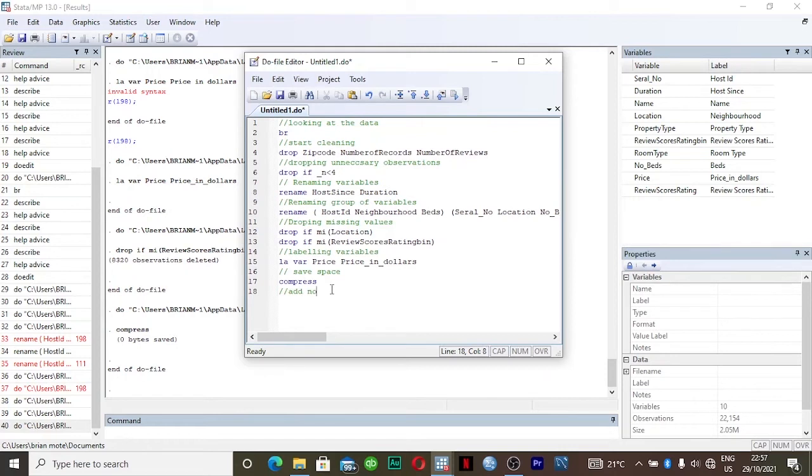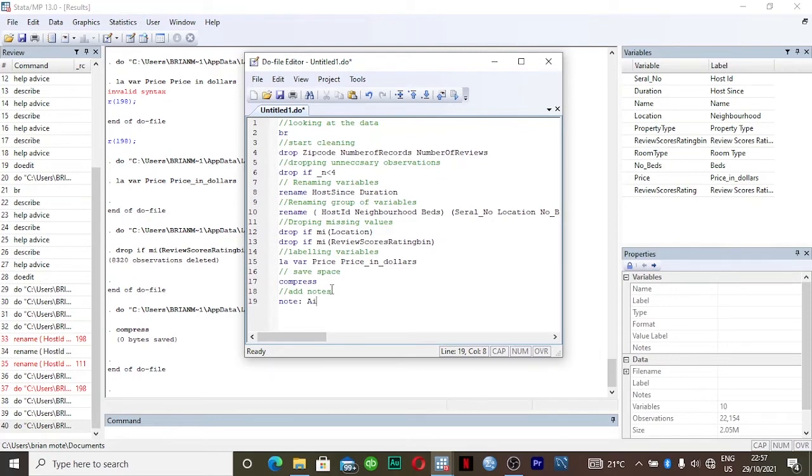Another thing is that you can add notes, so that maybe you know what this data is about, or what it was talking about. So just write note colon.